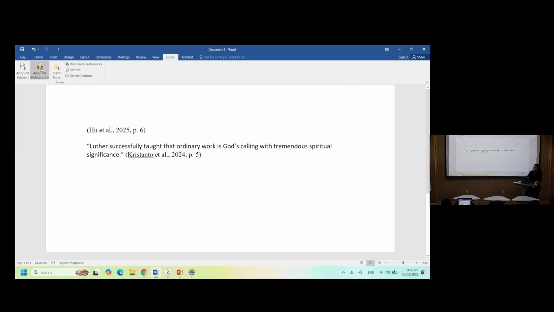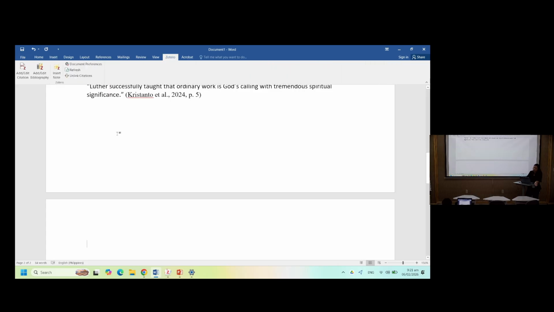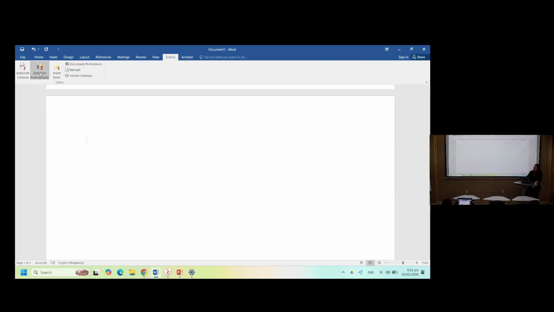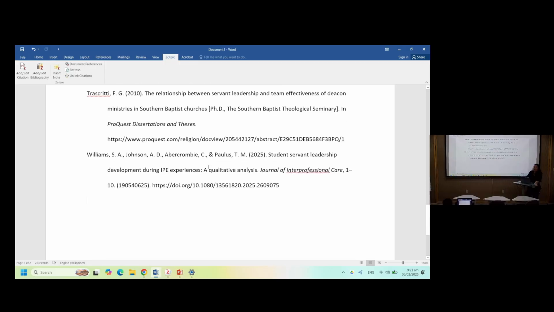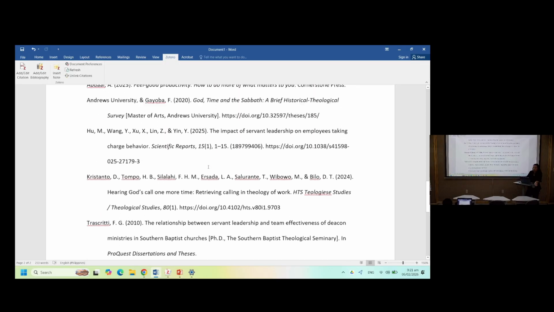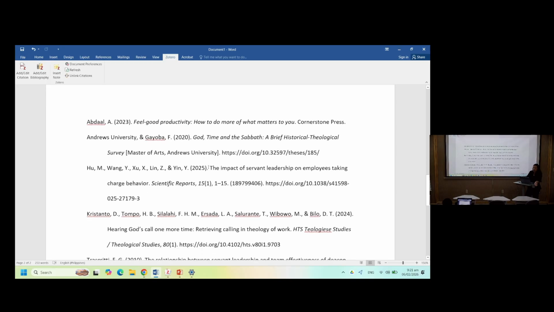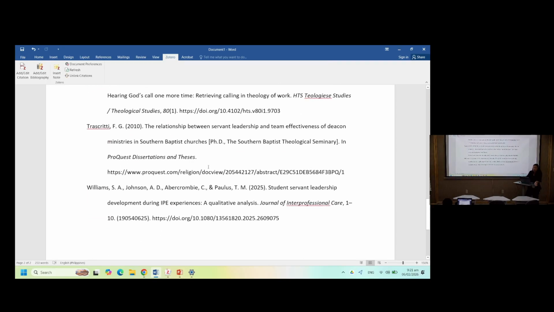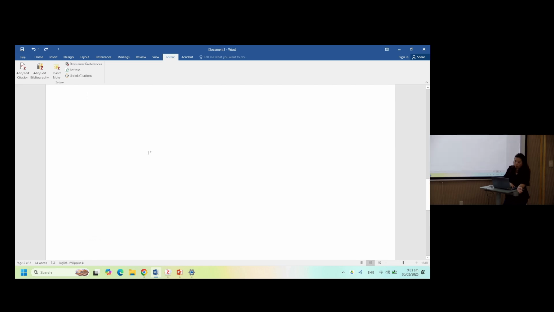Okay? And once you are done with writing your paper, the next thing that you should do is click on the next button, which is Add Edit Bibliography. And with that, all of the references that you cited on the paper will be generated. Okay? Again, you just have to click on this one.